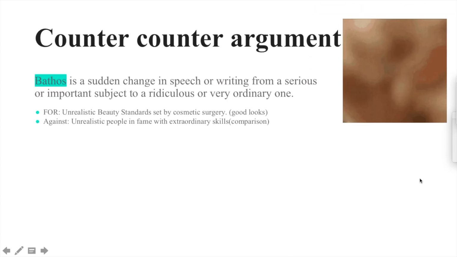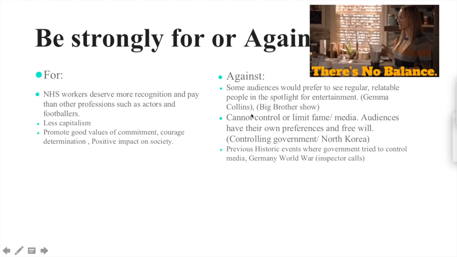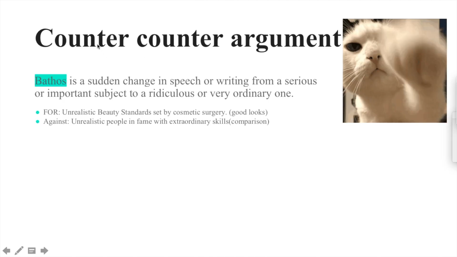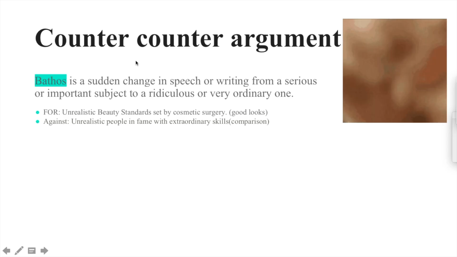Now, you've got to be on one side or the other. However, it's always important to address the other side of the argument if you're agreeing or disagreeing. So, a counter argument. And bathos is a sudden change, a technique that you can employ in your answer. It's a sudden change in speech or writing from a serious or important subject to a ridiculous and very ordinary one. For example, if you're for unrealistic beauty standards set by cosmetic surgery, against is that